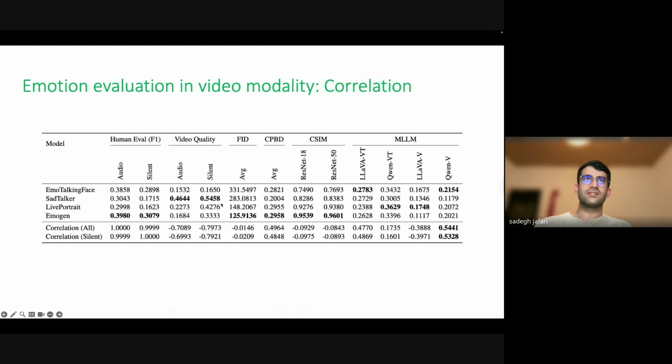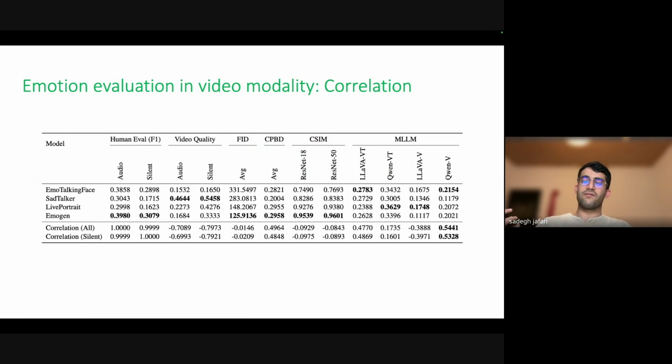So it shows, in the last slide here, the correlation between the quality of the videos and the human evaluation on emotional generation is negative. It doesn't mean that if we have less quality in our generation, we have more emotional video. It means most of the models that are really good in emotional generation, the quality there is not good.